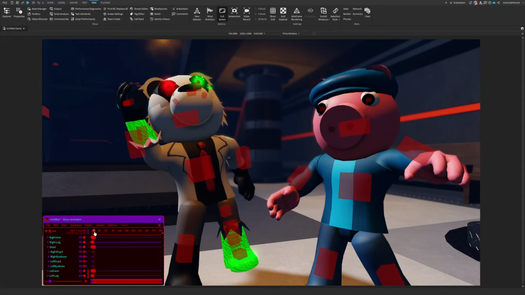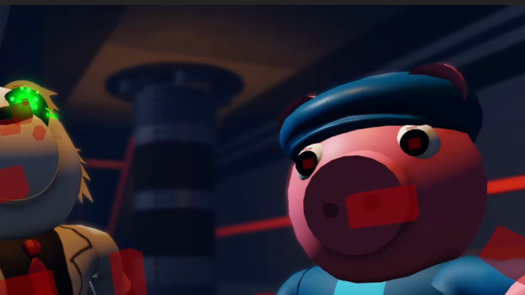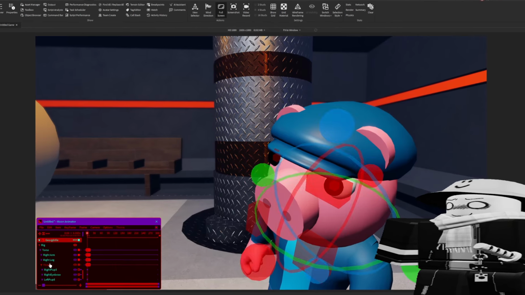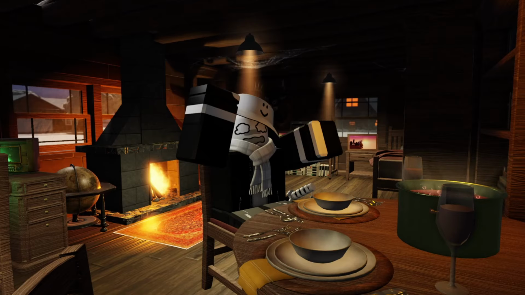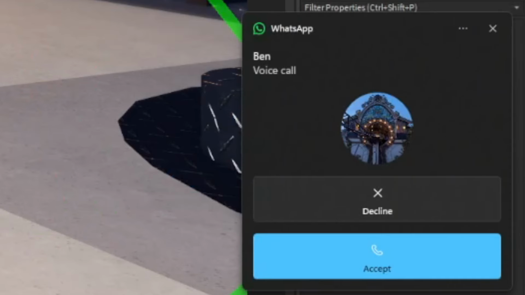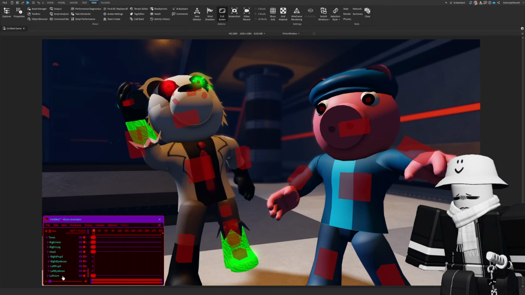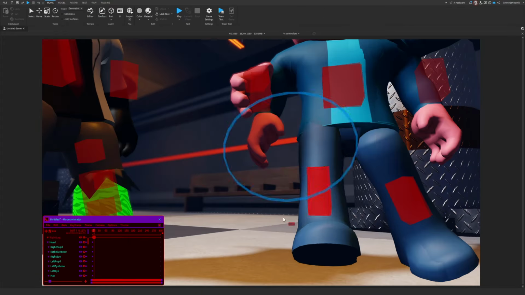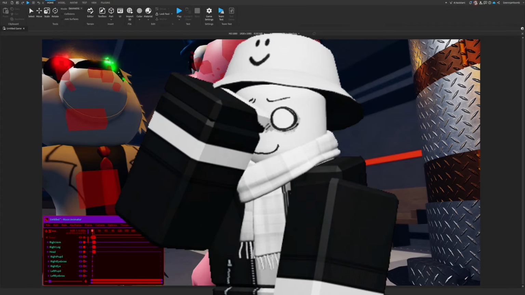So after hearing that, I just continued animating. But then I got to animating the hat. It was not animatable. I was using the wrong model. I don't understand, how did I just not see it? And I couldn't react because I was on a call with my friend. Yeah. Notice a problem. So then I had to find another model and reanimate what I already had. And oh, it was just a mess.